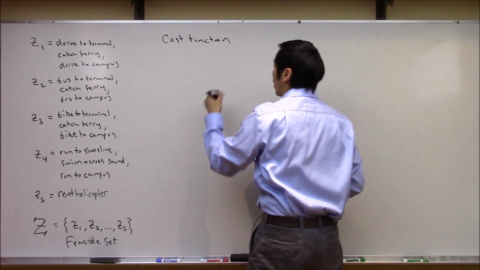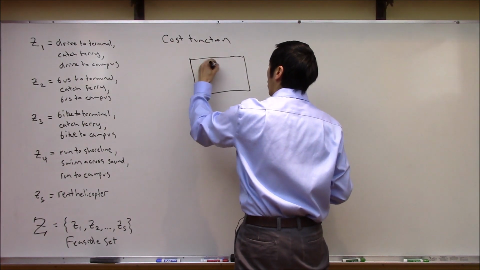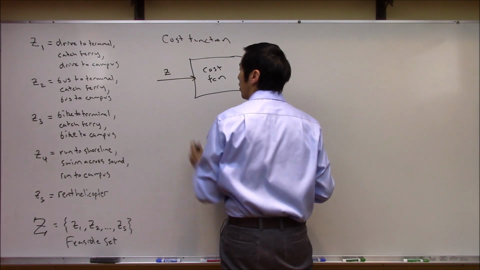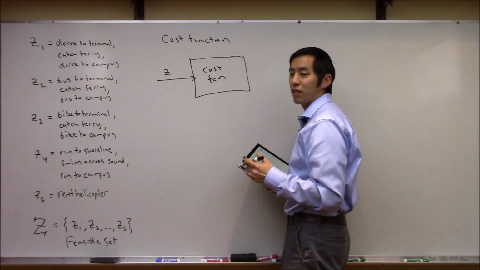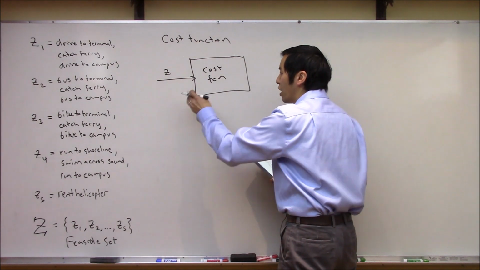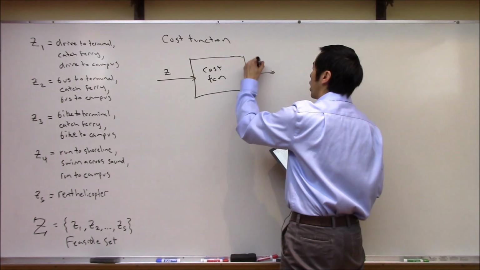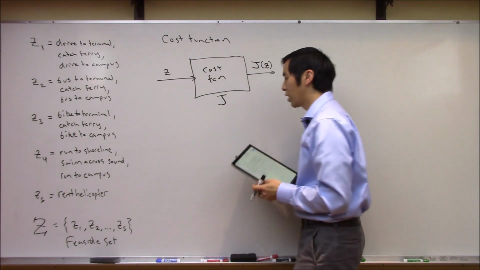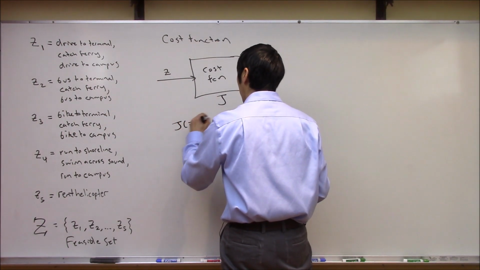So the idea with a cost function is that it is literally a function where you pass in an element of the feasible set, so it's one of these z's here, and this thing's got one job: it needs to evaluate how much that item costs. What will come out of this is, let's call this cost J of z here. So again, we're going to use the notation J here. So J of z is going to be the cost function